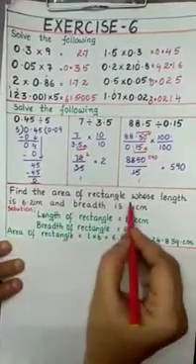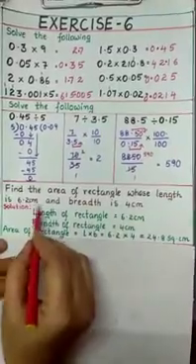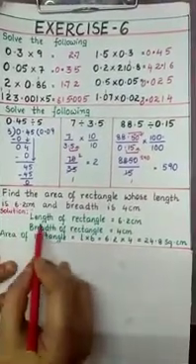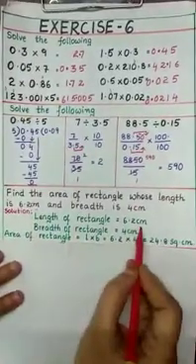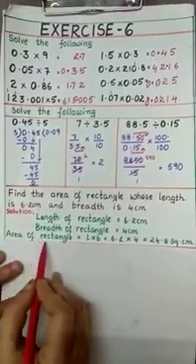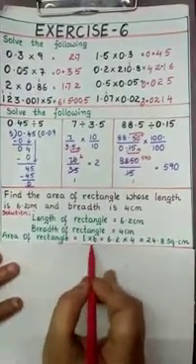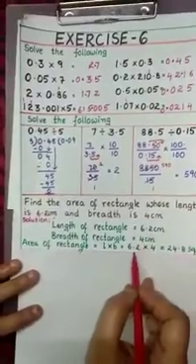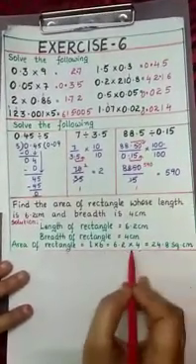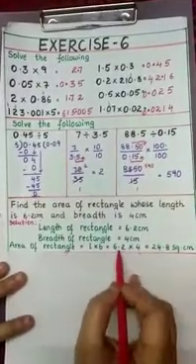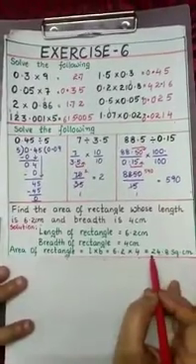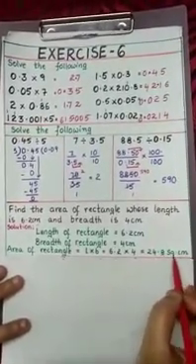Find the area of a rectangle whose length is 6.2 centimeters and breadth is 4 centimeters. Now see the solution. What is the length of the rectangle? 6.2 centimeters. Breadth is 4 centimeters. As we know the formula, area of a rectangle is length into breadth. So 6.2 into 4. Now multiply here. 4 twos are 8. 4 sixes are 24. After the decimal we have 1 place. So we count from the right 1 place before we write 24.8 square centimeters.